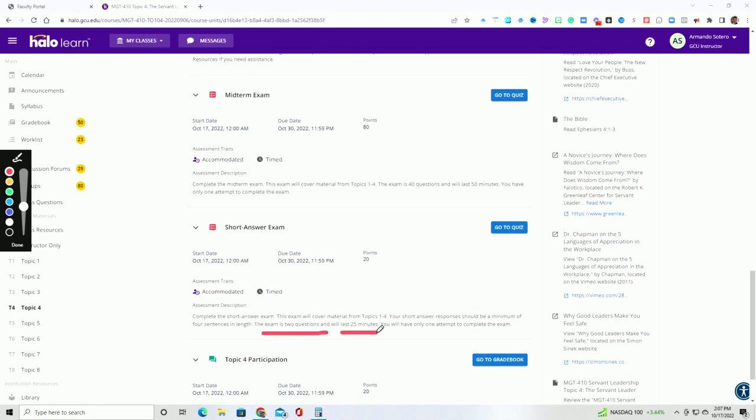You have 25 minutes to complete both of these questions, and these are short answer, meaning you're going to have to type a response. The first thing I want you to keep in mind is this, that there needs to be a minimum of 4 sentences in length. If you submit less than 4 sentences, you are going to lose a lot of credit. This is something that if you just spend a little bit of time on, you should maximize these points, especially maybe if you don't do well up here in the